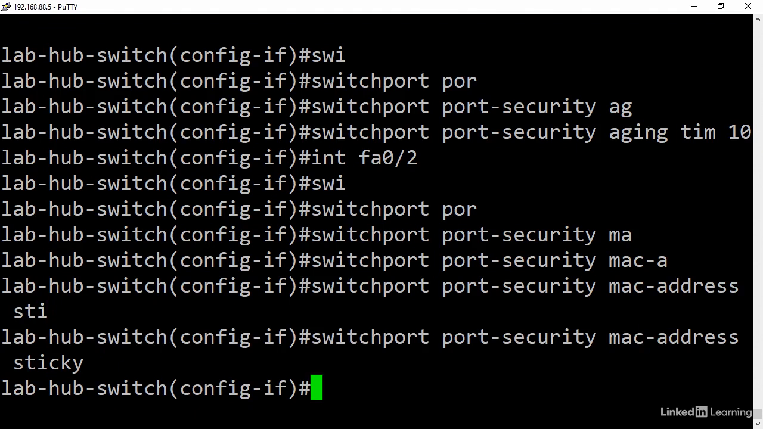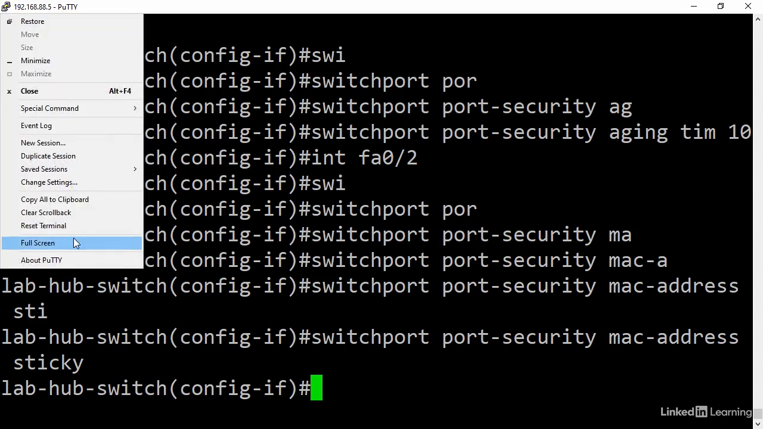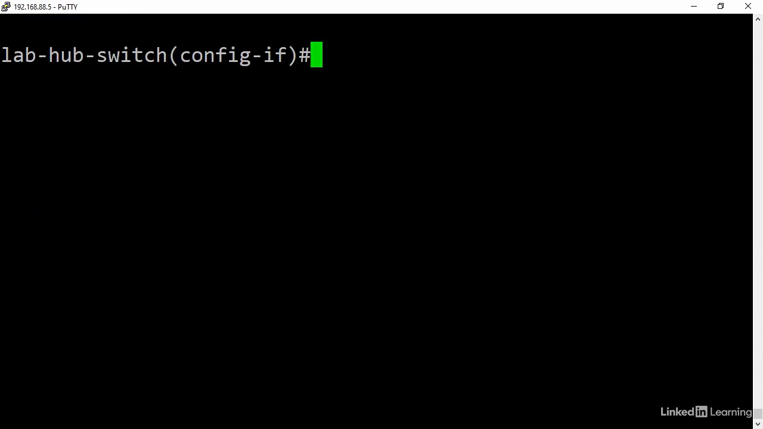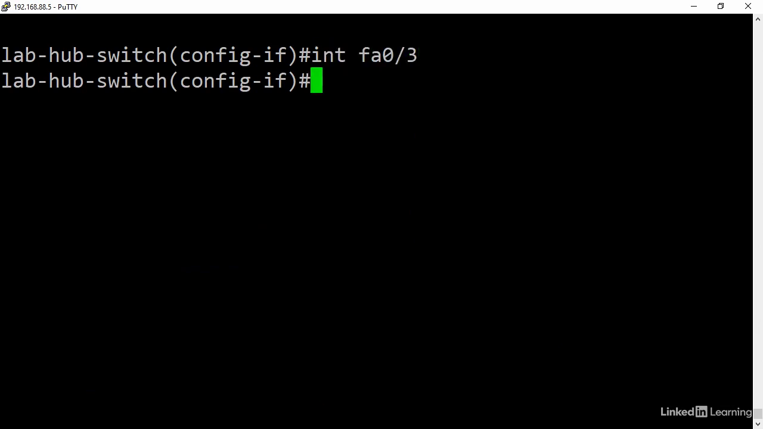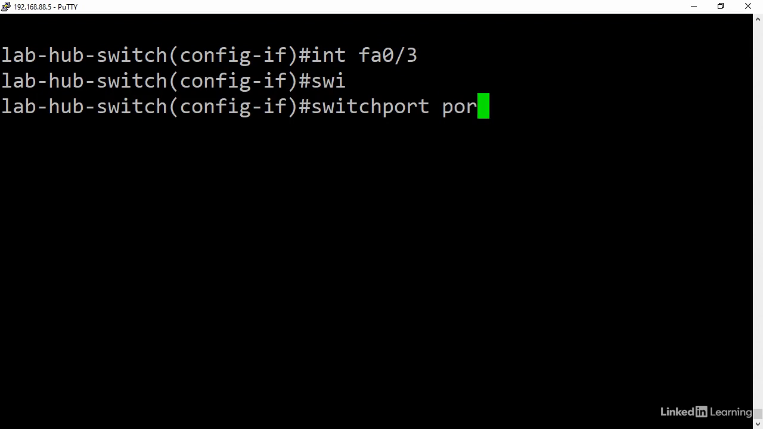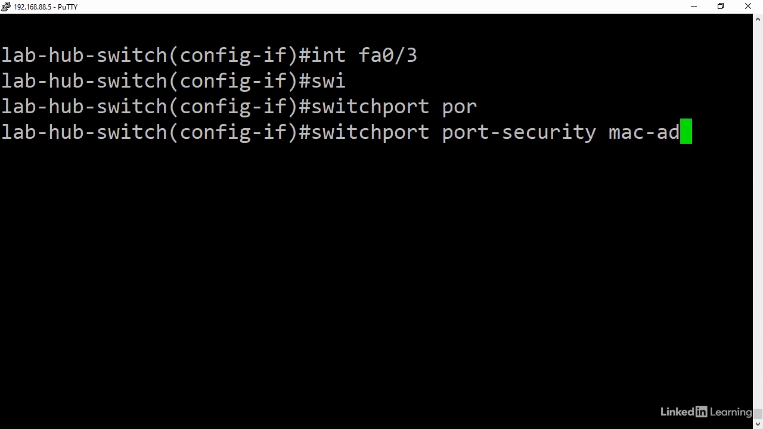When a sticky address is learned, it's automatically added to the running configuration for that port. If the switch reboots now, it will relearn everything again. If the sticky commands in the running config need to be saved permanently, the admin can issue a copy run start. MAC addresses can be statically configured with interface FA0/3, switchport port-security mac-address